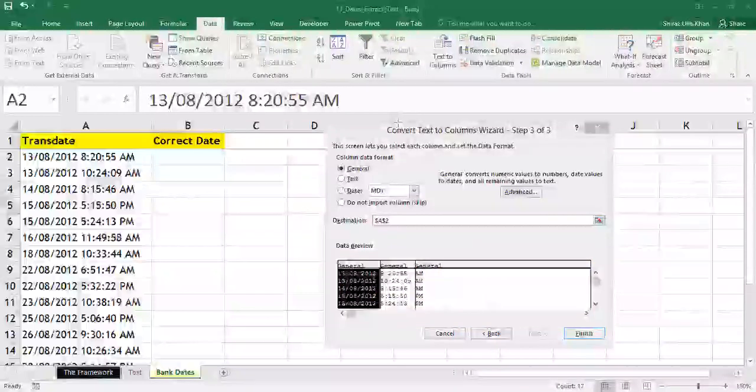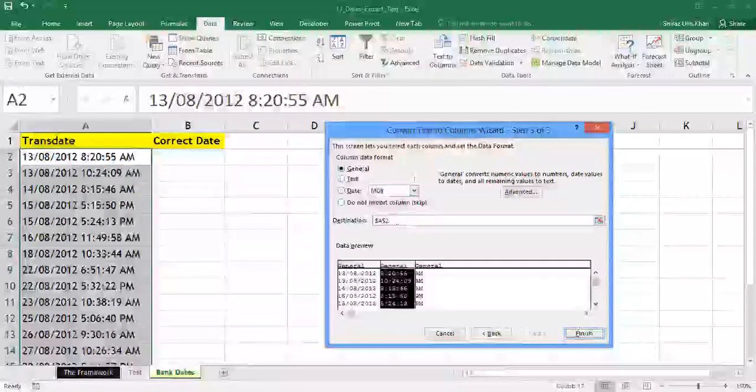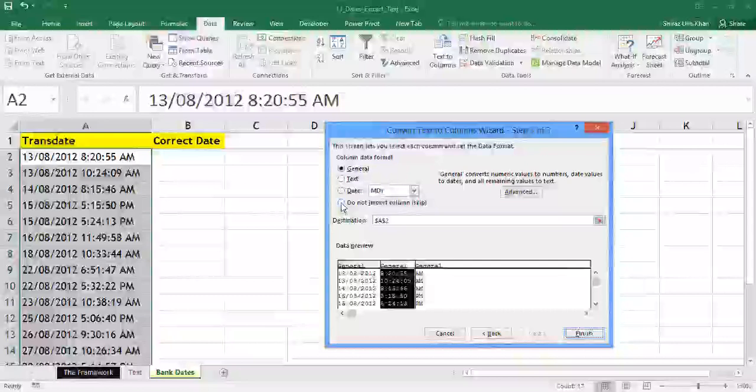So now people, by default, the first column is highlighted, which you want to import. Now you just need to click on the second column. Put your cursor on the second column and just click. The moment you click, the second column gets highlighted instead of the first column. So this is the column which we don't want to import. Once you highlight this column, in this section of column data format, you will find an option called do not import column or skip. If you see my mouse, you just need to click on this radio button.